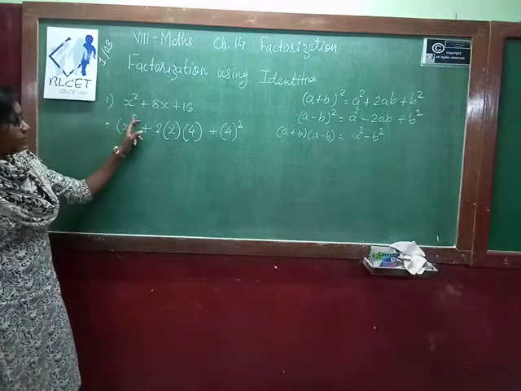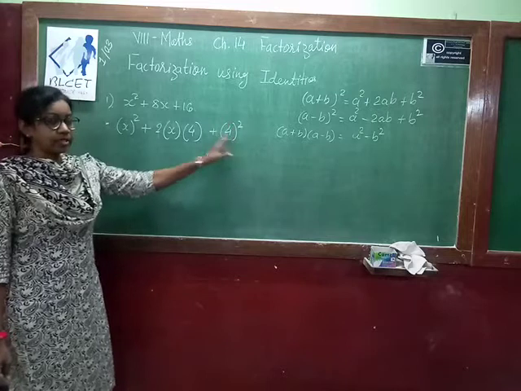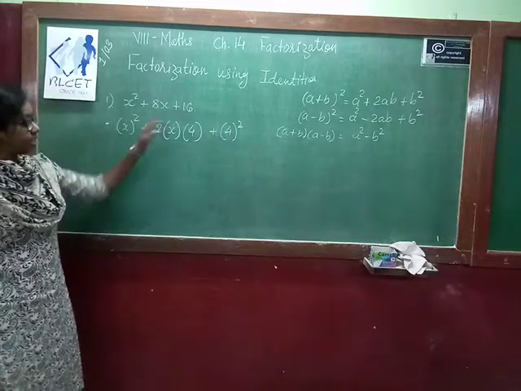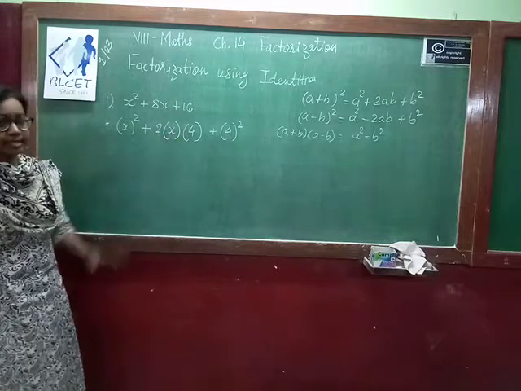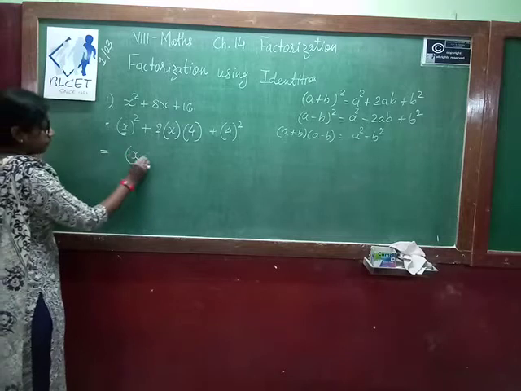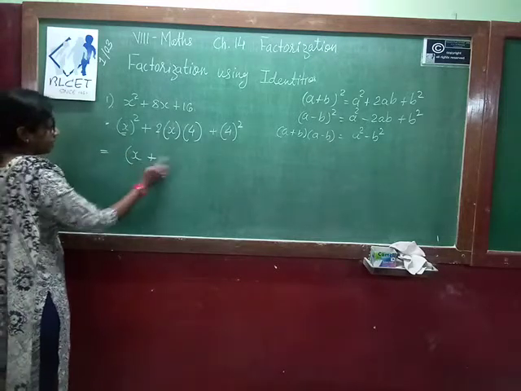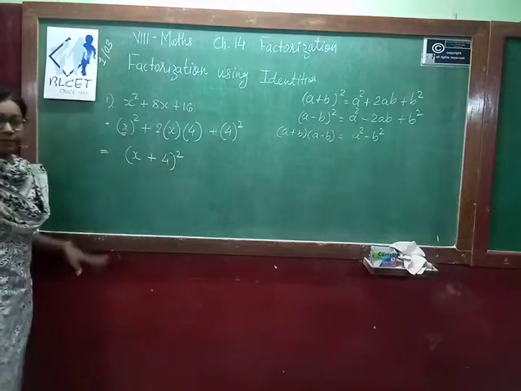So x square is the first term square, 4 square is the last term square. If you know the first and last term, then it is very easy to find the middle term. It is nothing but 2 into first term into last term. So now what is the answer? First term, middle sign plus, last term, 4 whole square. Again I am repeating,